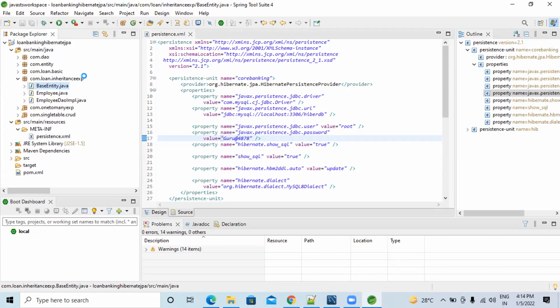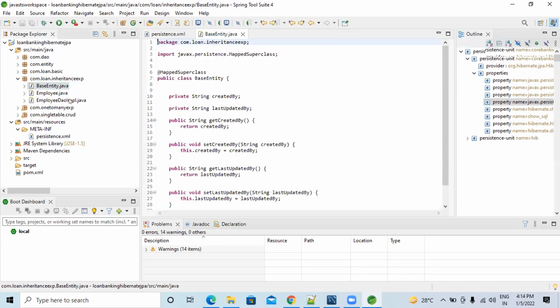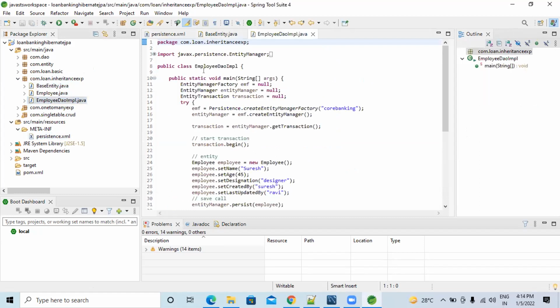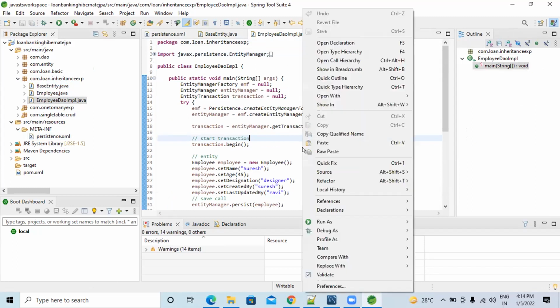If you watch this video, probably you can get it, even if I'm faster. But anyway, all of you got some idea about what we are doing. GitHub is the site where everyone can upload their code and share it with other people. The same way, I uploaded the code and he downloaded it. I gave you the URL. Right click, run as Java application.